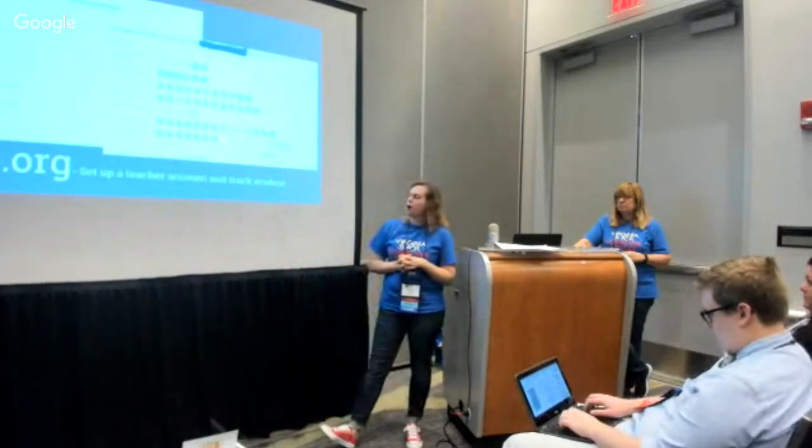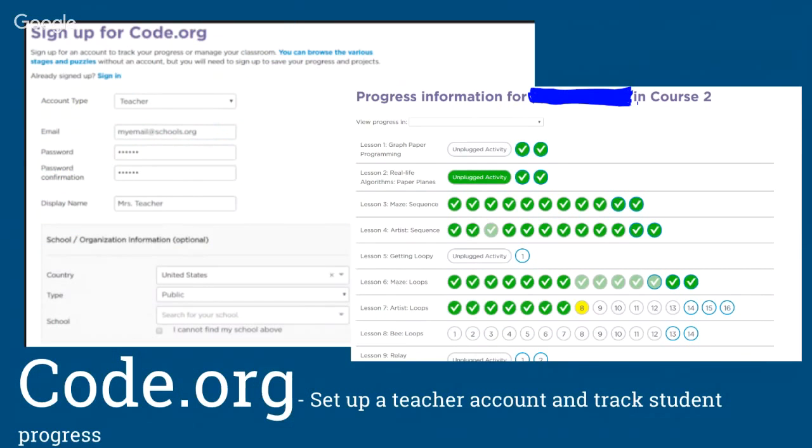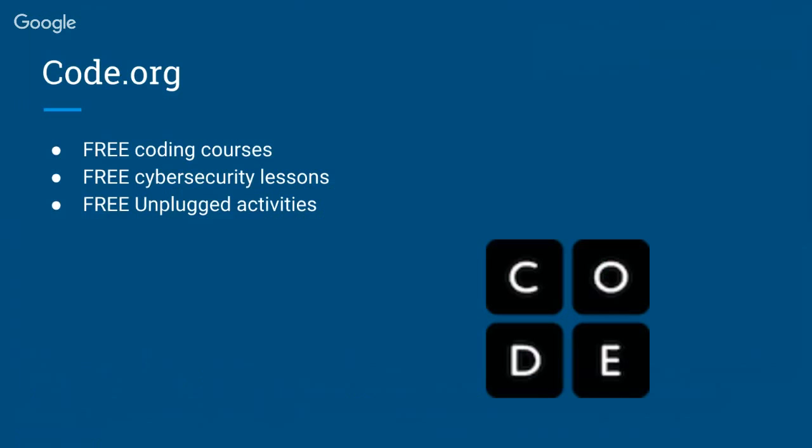So this is a very friendly, free account, and this is the one that my students really like the most. I had several students last year that finished all the way through course F and then moved into Khan Academy very successfully. And it's covering all of those computer science standards. It's helping with the critical thinking skills. It's helping with the problem solving skills. So again, Code.org, free coding, free cybersecurity, and free unplugged.